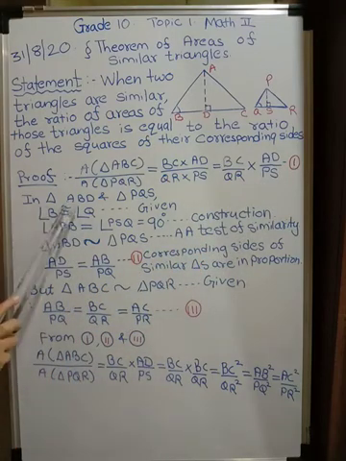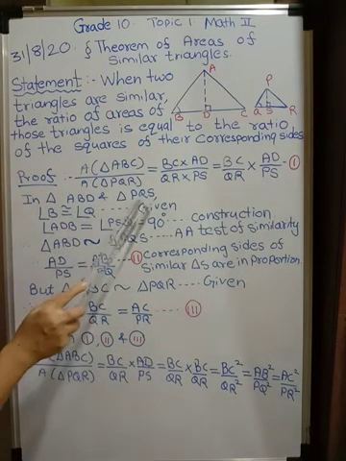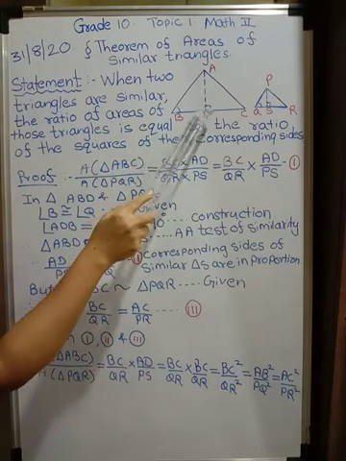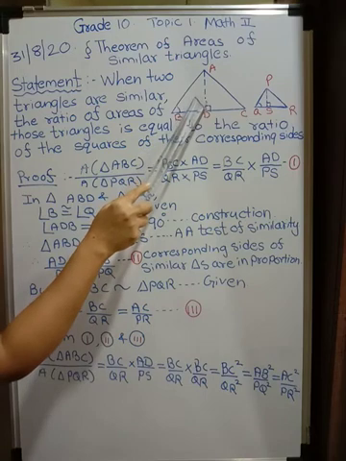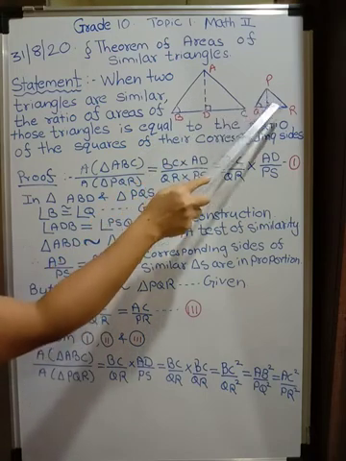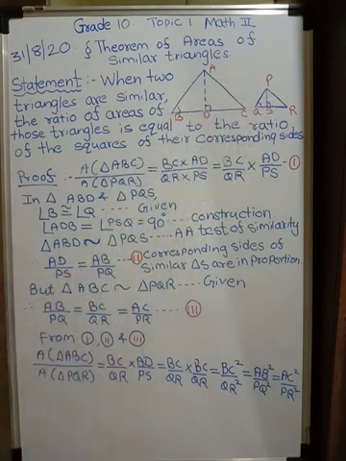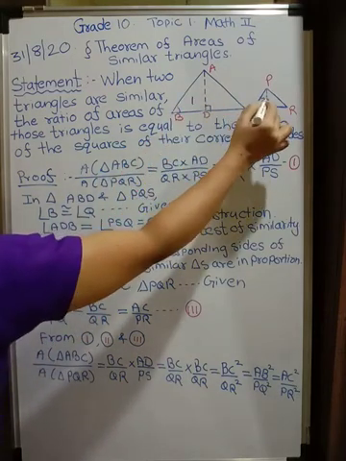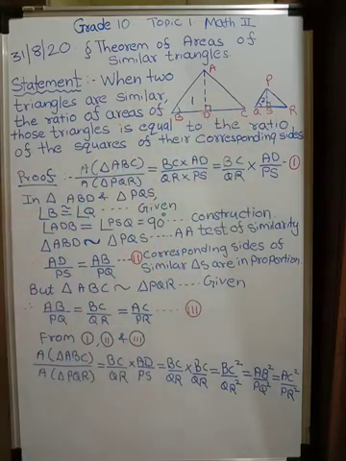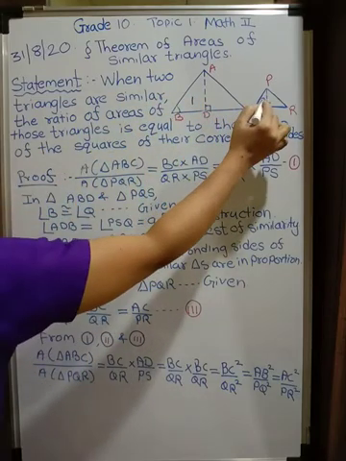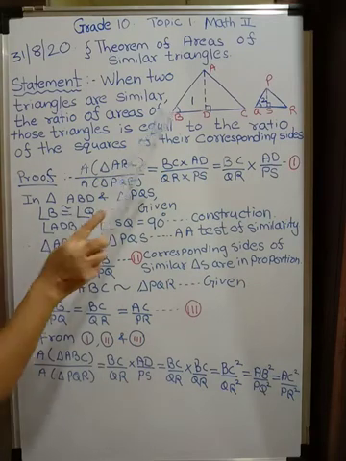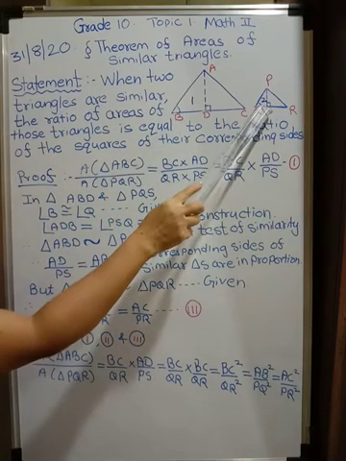Now look here. In triangle ABD and PQS, ABD, that means this triangle I am talking about, and PQS, this triangle. I hope you are understanding. See which two triangles we are considering. This is first and this is second. So I am taking this triangle and this triangle into consideration now. This is 2. Now in these two triangles, can you see angle B is equal to angle Q?